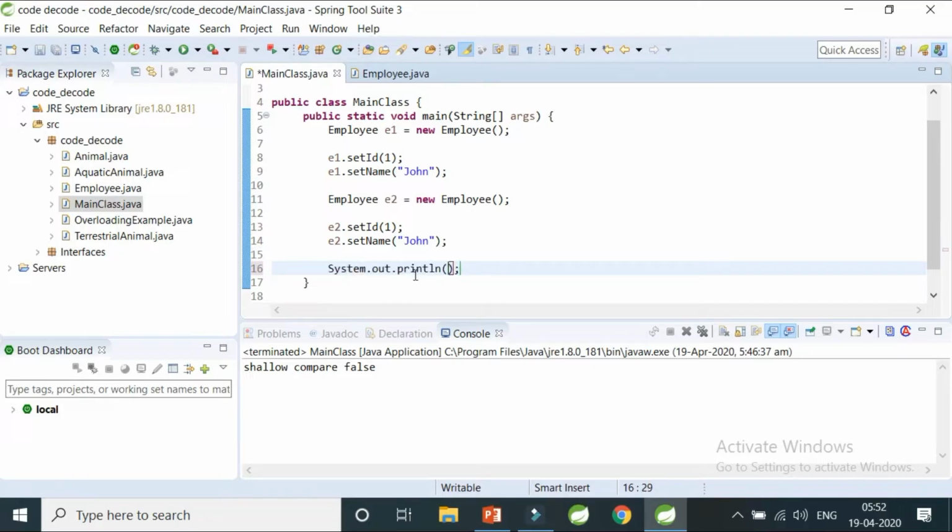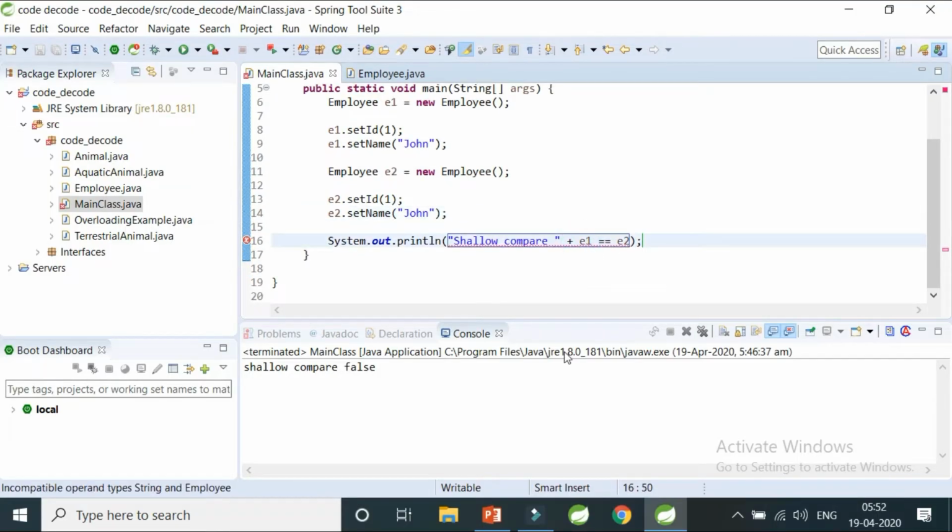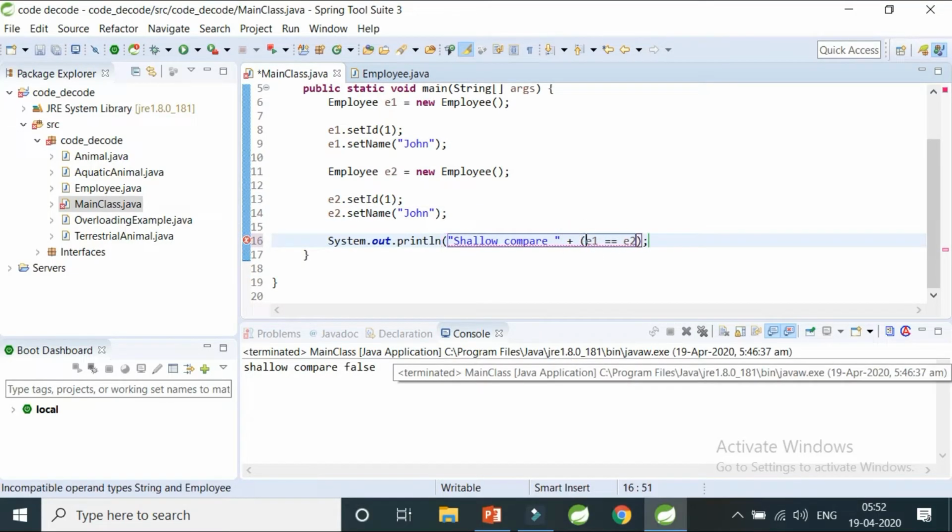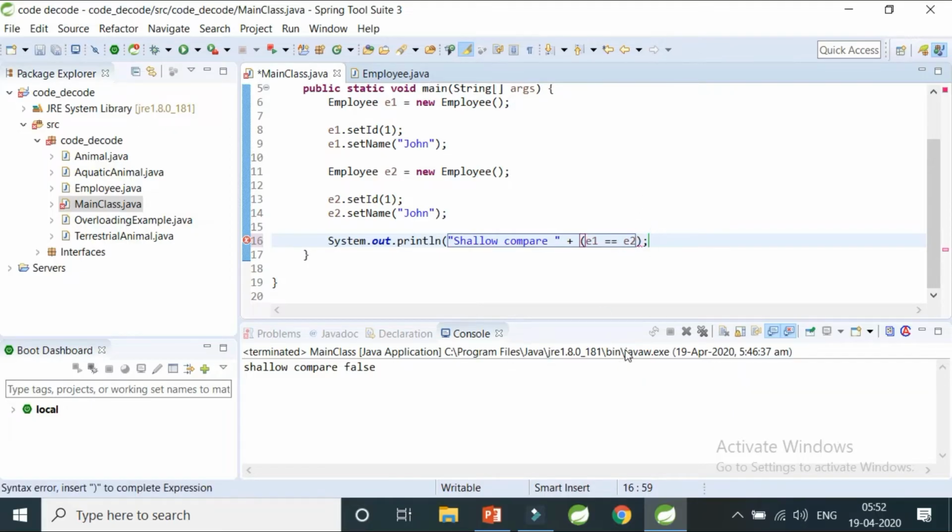So first let's understand what is shallow comparison. I'll show you how to do the shallow comparison. To do it, you just do e1 == e2. You need to put it in brackets, because it is confusing for the Java compiler without the brackets.